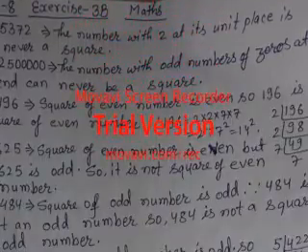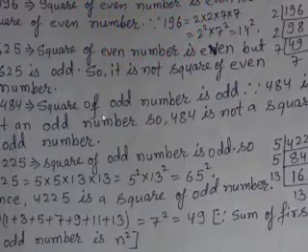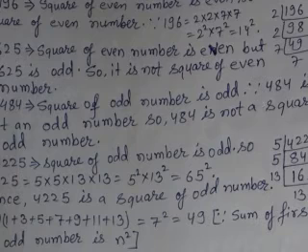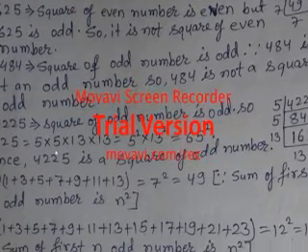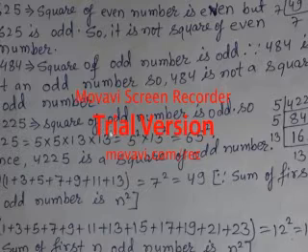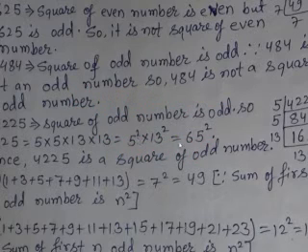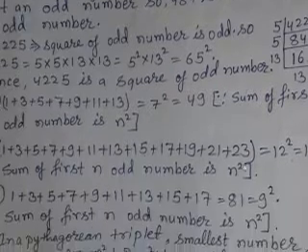If you see question number 3, I had done 484. I had directly written a square of an odd number is odd. 484 is not an odd number, so 484 is not a square of an odd number. And now if you see, there is 4225. Of course, it is an odd number. I had just checked 5 into 13. It is coming 5 square into 13 square, so it is a square of 65. So it is a square of an odd number. Hence 4225 is a square of an odd number.